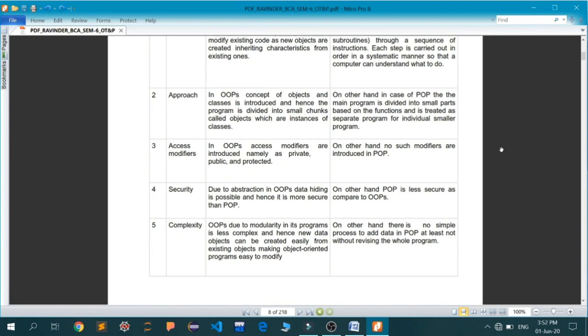While these kinds of things are not present in your POP, that is your procedural methodology. We don't have such modifiers. Your complete code is either open for the end user, or completely protected from the end user, but you cannot signify which part of your code is going to be exposed to the end user and which part is not.